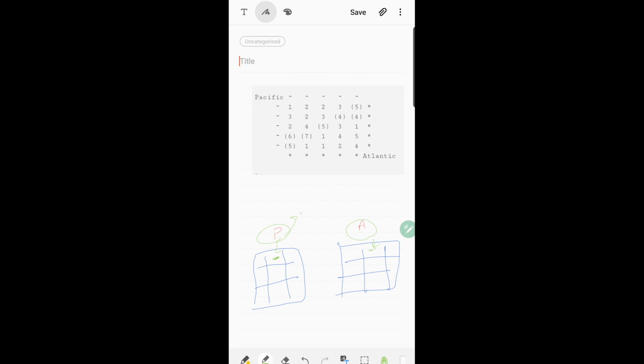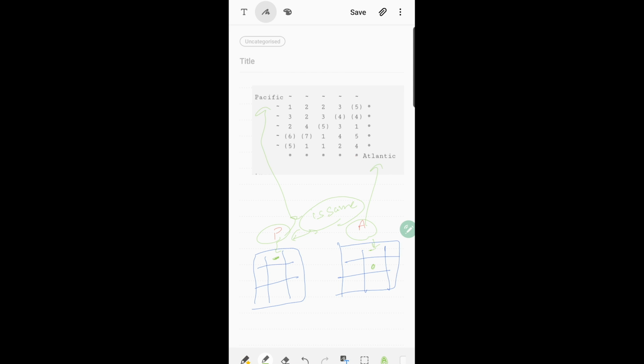P is going to store for the Pacific and A is going to store for the Atlantic, right? So, and later on we'll check if the values in both of them is same, that is the value in the Pacific Ocean and the Atlantic Ocean is same, and that particular cell for which we are checking is reachable from both.